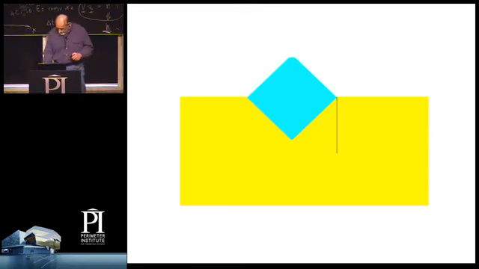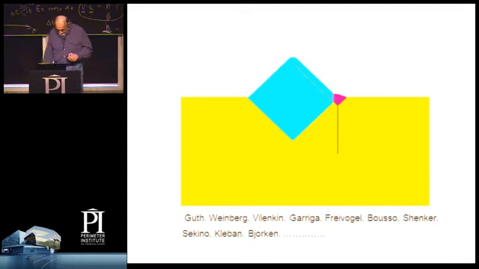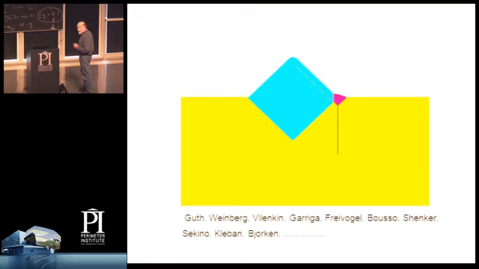This was pointed out many years ago by Guth and Weinberg. Lots of people have studied it and commented about it: Vilenkin, Garriga, Freivogel, Kleban, lots of people have been interested in possible signals of bubble collisions. Again, this is something which would be wiped out by too much inflation. The signal would be wiped out by too much inflation. Again, you're best off with a minimal number of e-foldings, not much more than 50, 52, 53.